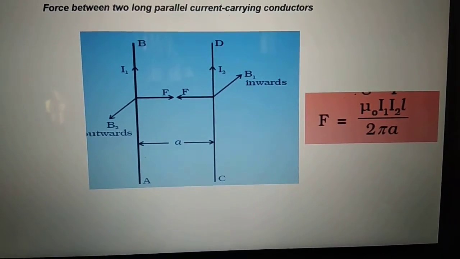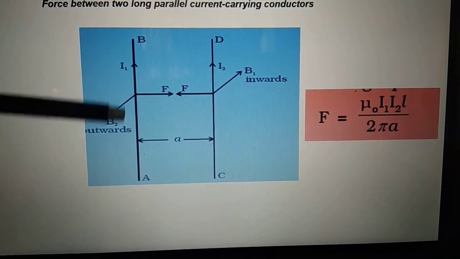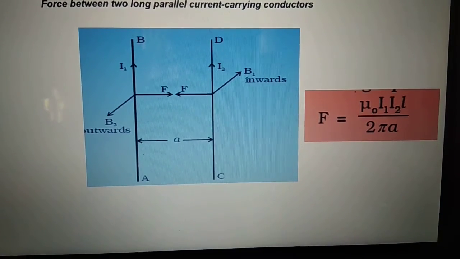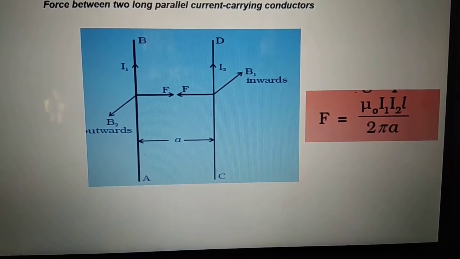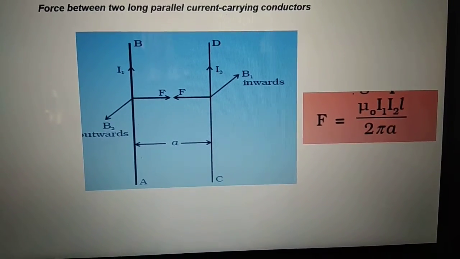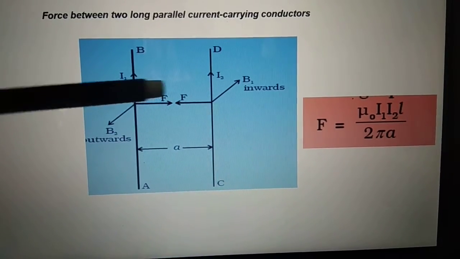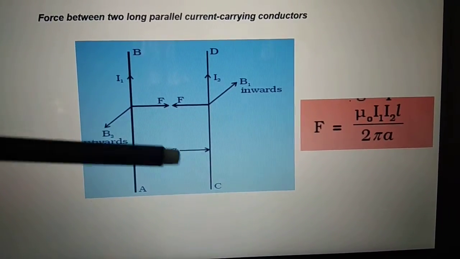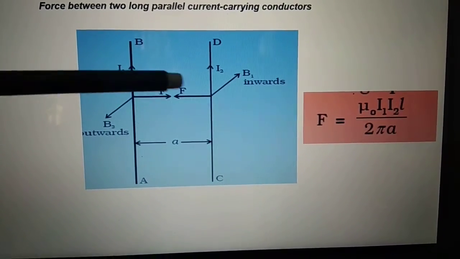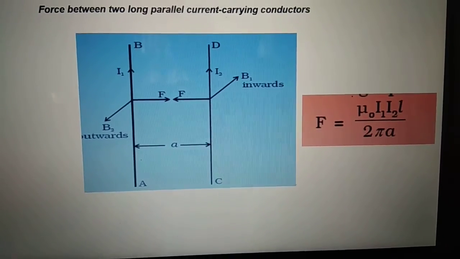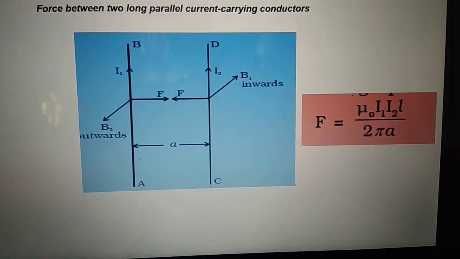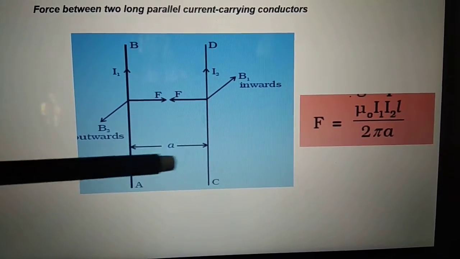The direction of magnetic field on the current carrying wire is given by Fleming's right hand thumb rule. But the force experienced by a current carrying wire when we keep it in magnetic field is given by Fleming's left hand rule. So when we apply Fleming's left hand rule on these two wires, notice these two wires are carrying current in the same direction. So when they carry current in the same direction, they get attracted towards each other, and the force applied on each other is mu naught I1 I2 L upon 2 pi A, where A is the distance between the two